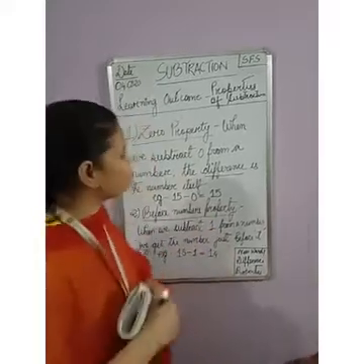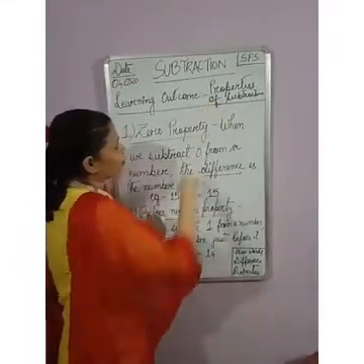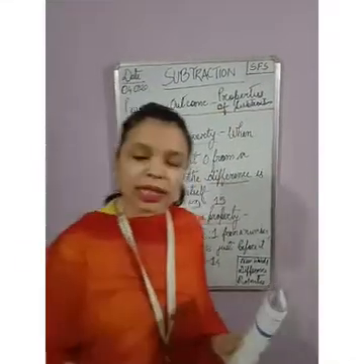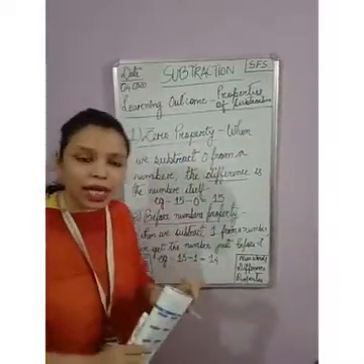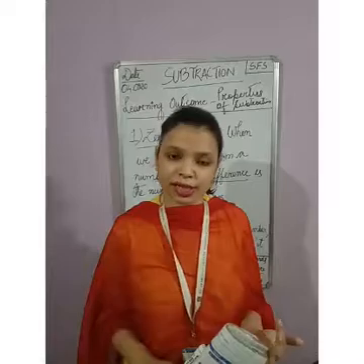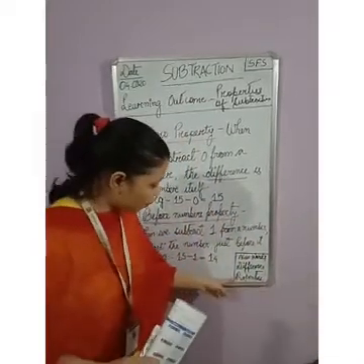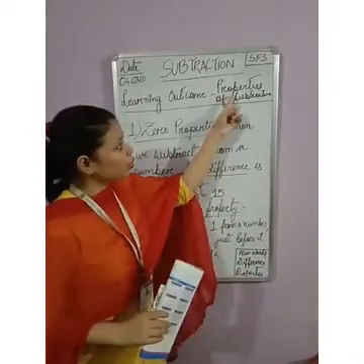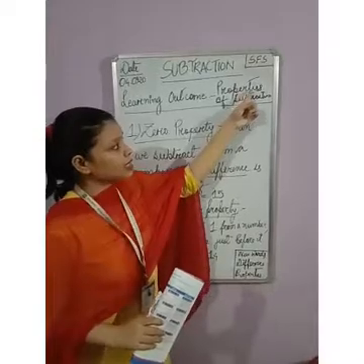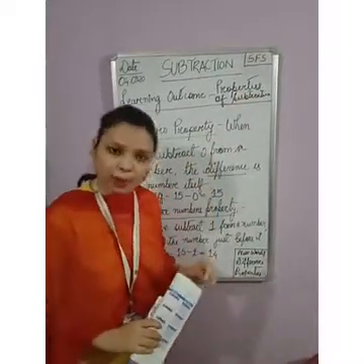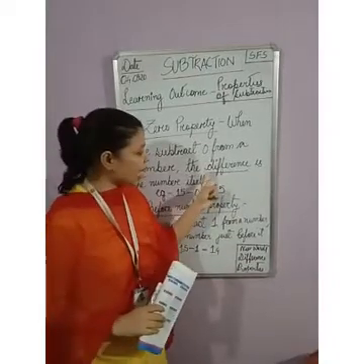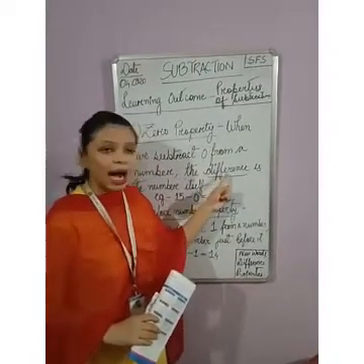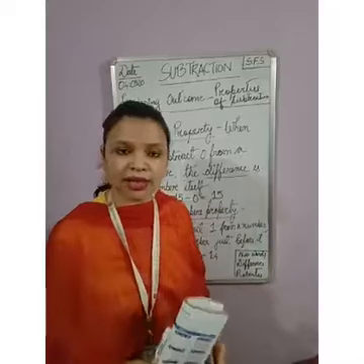The next new word you learn today is properties. Properties are a set of rules which you have to follow, whether it is subtraction or addition. The spelling of properties is P-R-O-P-E-R-T-I-E-S. Properties. And the spelling of difference is D-I-F-F-E-R-E-N-C-E. Difference.